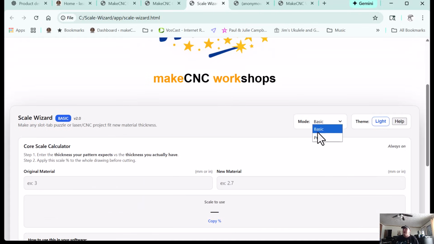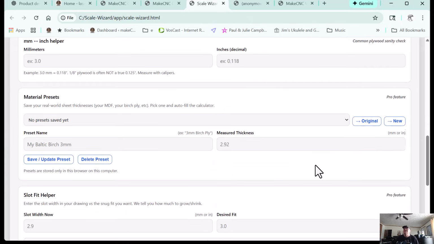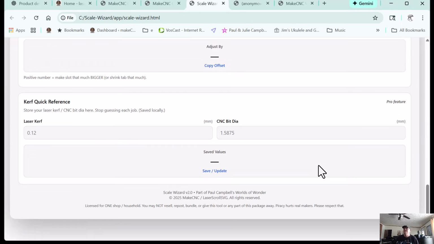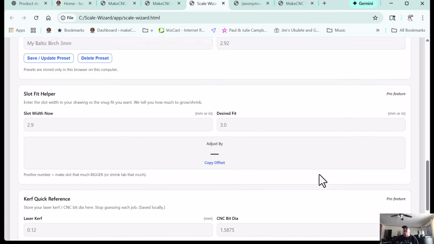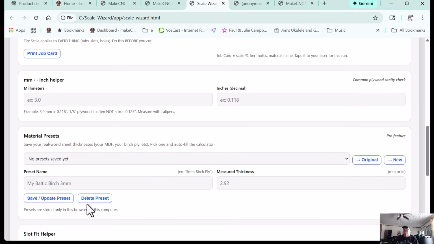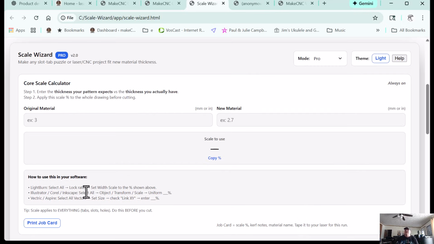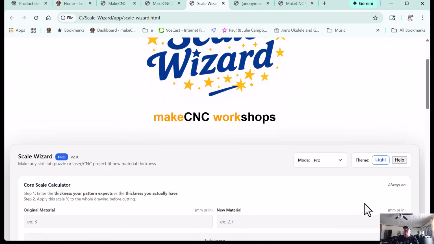But you also have the Pro version. You switch to Pro, and that gives you much more extensive options. But it's all in the, like I say, some basic kerf information there. Slot fit helpers and all sorts of things. You can set up presets, and really quite a cool piece of software. It has some tips in there, and also it